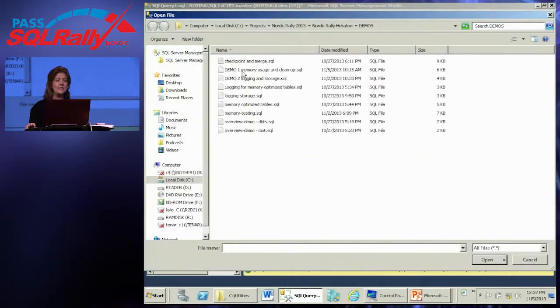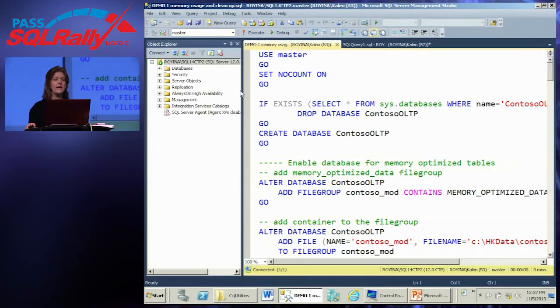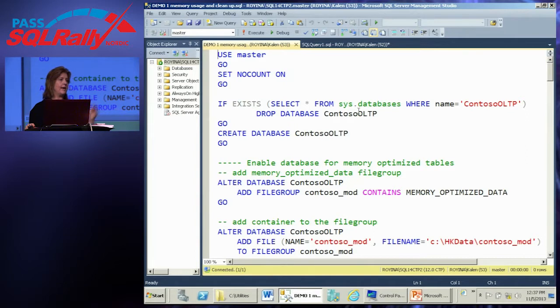That is a work in progress. Most of the work actually is done by the user processes going through. And for this background thread, I did hear a number of every minute, like the normal garbage collection for deleted rows or for your row versioning with snapshot isolation. The testing that I've done doesn't seem to indicate it's going through quite that often, but that was what I was told. But they're still working on it.